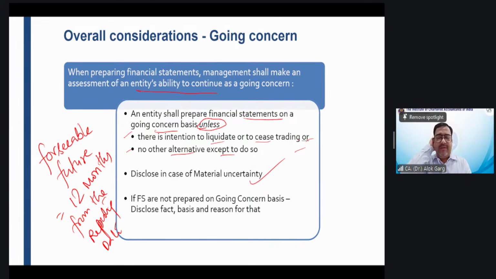Vodafone Idea Limited disclose in their notes to accounts, while they prepare the financial statement on a going concern basis, that there is a material uncertainty relating to the going concern of the company. They write that while we are running business, we are also generating cash from operations, but our future is depending on the government and the bankers. So there is a material uncertainty.